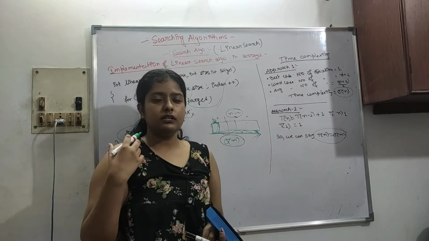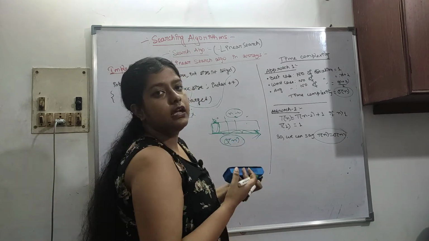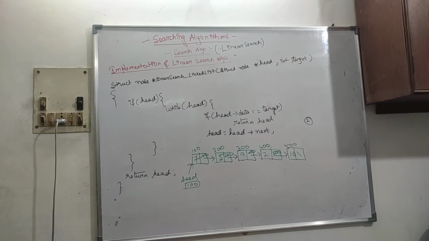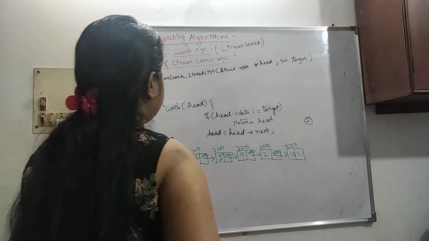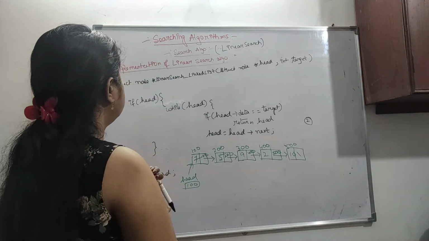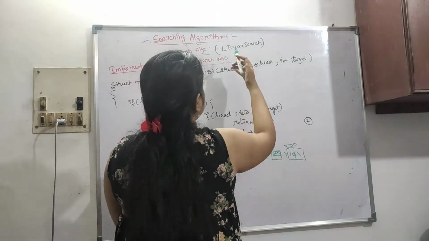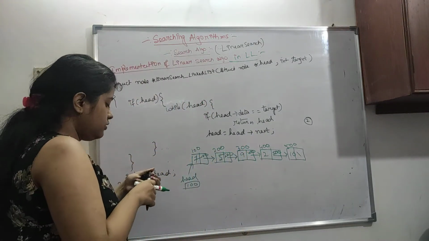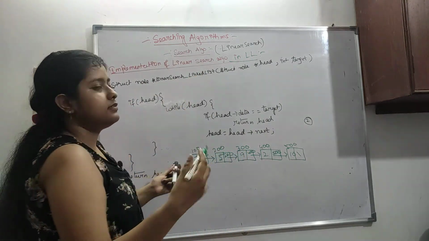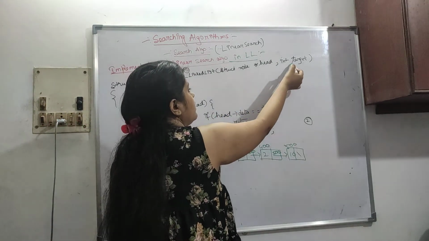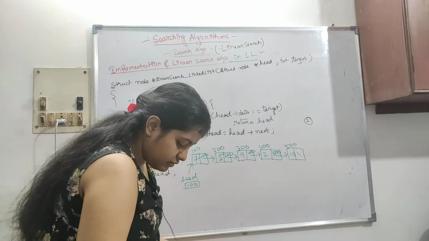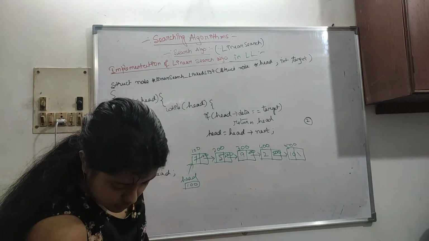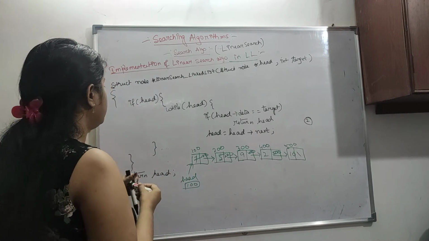Okay, now we will see how this algorithm works on a linked list. Now let's look at the linked list representation. We have the function linearSearchLinkedList with a struct node start and an int target. We have seen in detail how this works with linked lists in our data structure course. Please go and watch it if you are having any trouble here.